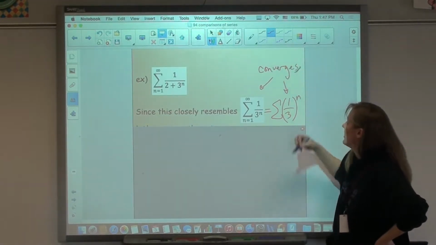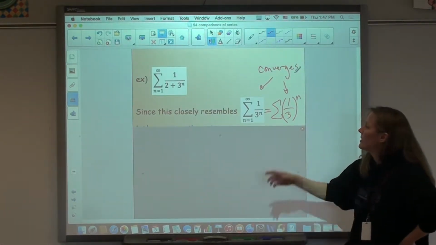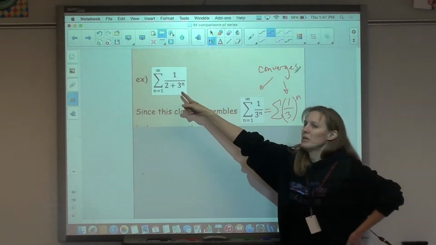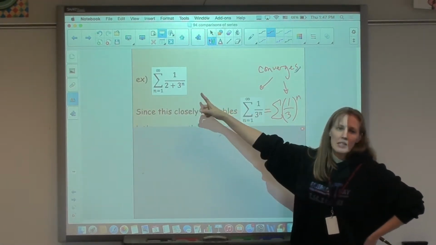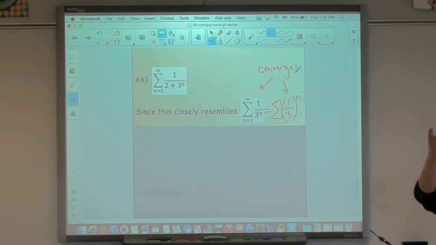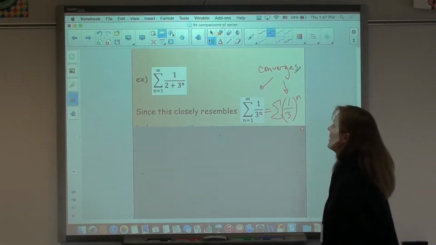Because it's geometric. All right, so now we have to decide, is this always bigger than this, or is this always less than this? How do we know? What could help be our guide for this? The 1 over 3. Right. Plug in values. Okay, we can plug in values. So if we plug in a 1,